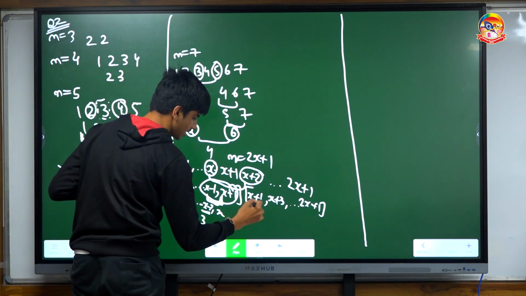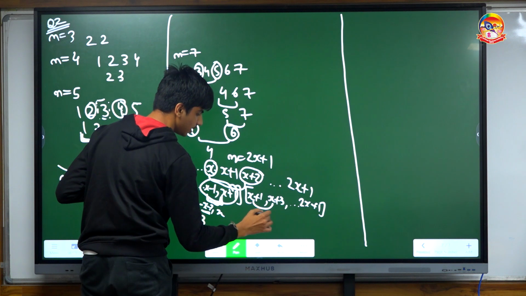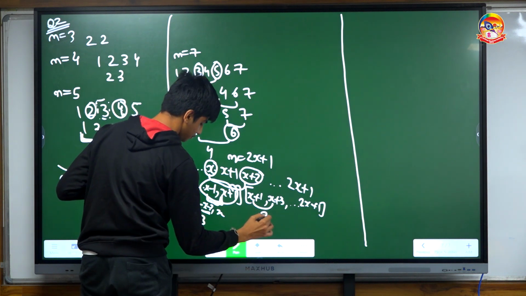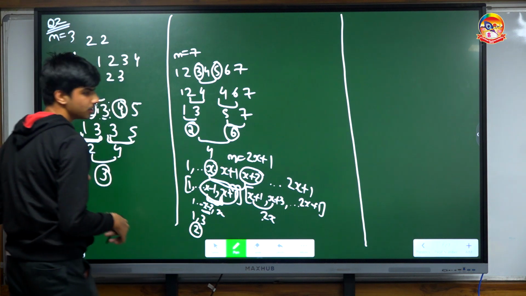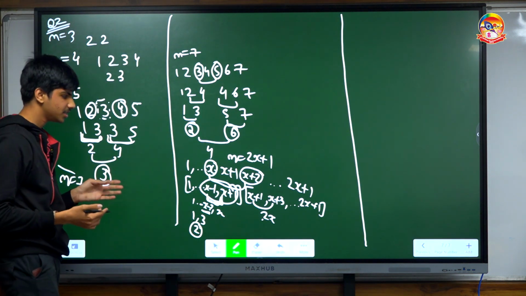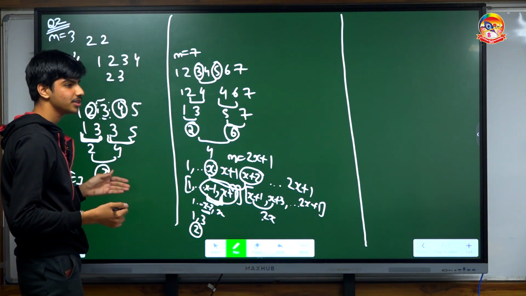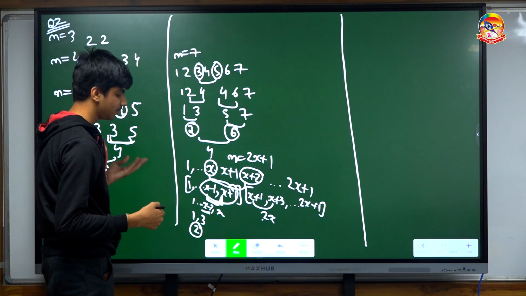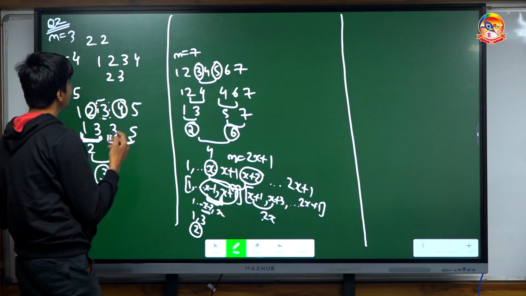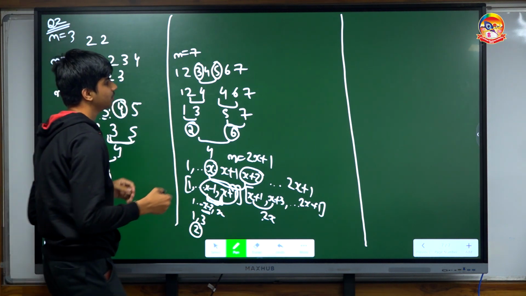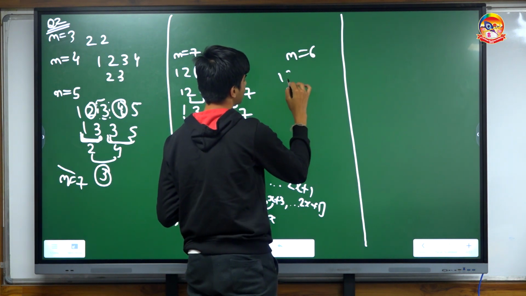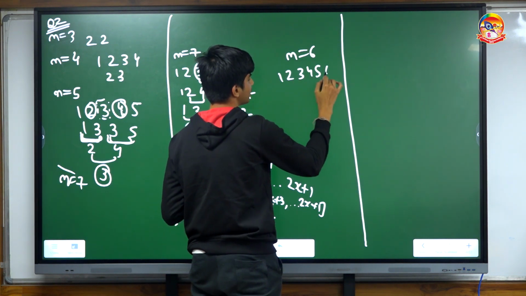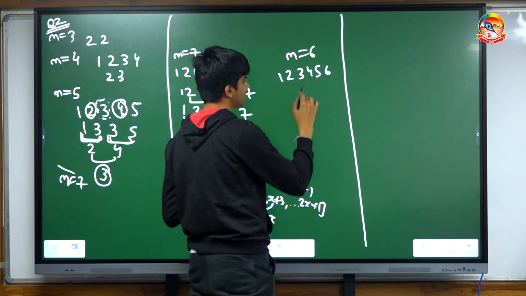Similarly here we can take the first two terms again and again till we get 2x. So now we have 2 and 2x and we can reduce this to 1 number easily. So once we see that this is done for n equal to odd, we start to see for n equal to even numbers. So we see that n equal to 4 is not working, then we see n equal to 6, we try and get to one number, but after some time, take 5-10 minutes, it's not working